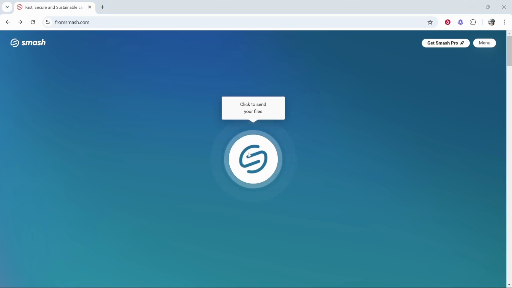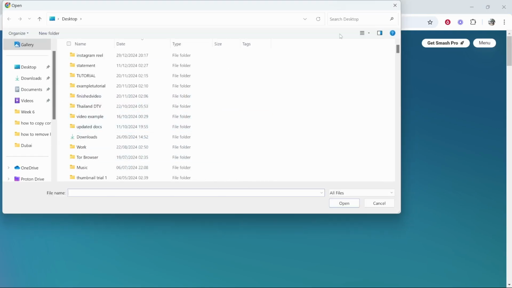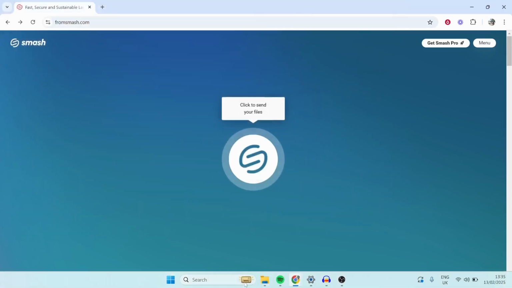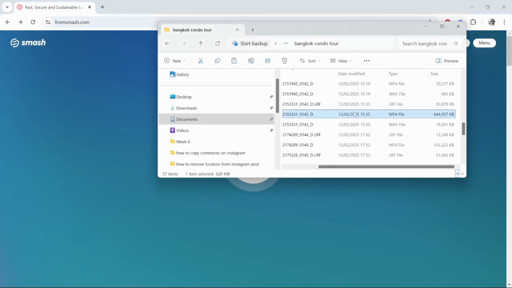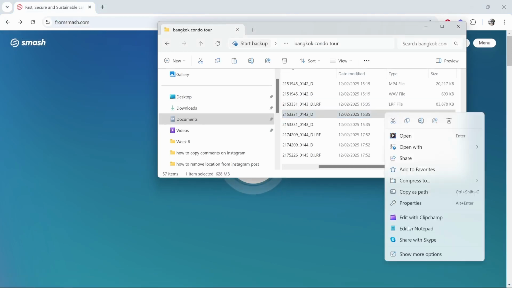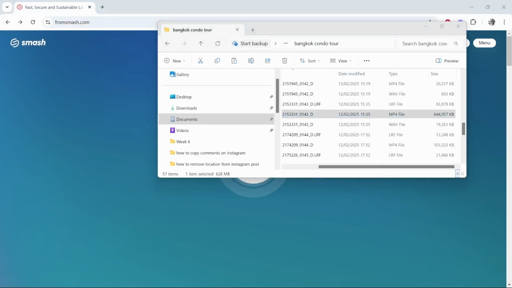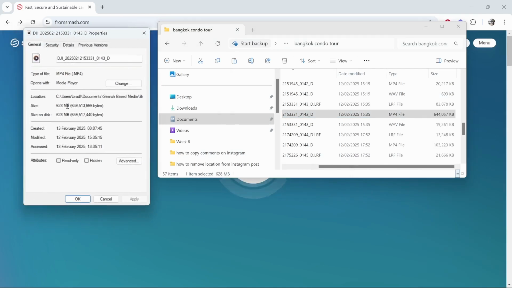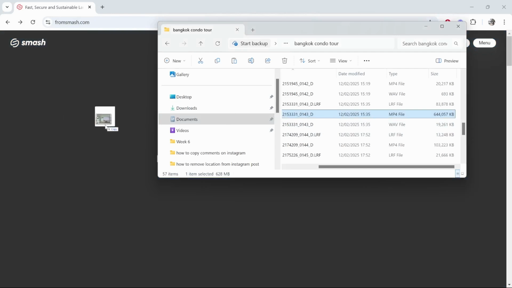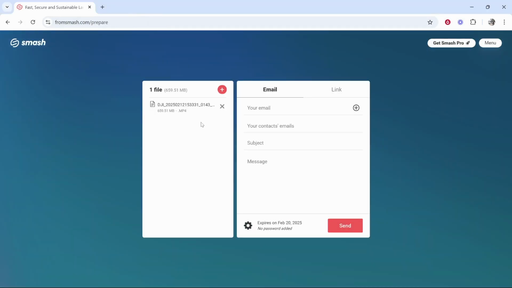From here, you can click and it will open up a file explorer. Alternatively, you can go ahead and just drag your file on. So I'm going to share this MP4 file, which if we right click and go to properties, you can see that it is 638 megabytes. So I'm going to drag this onto Smash, and you can drag on as many files as you